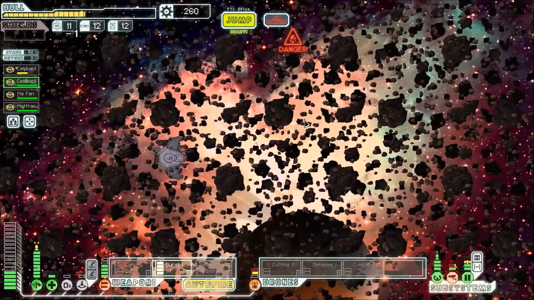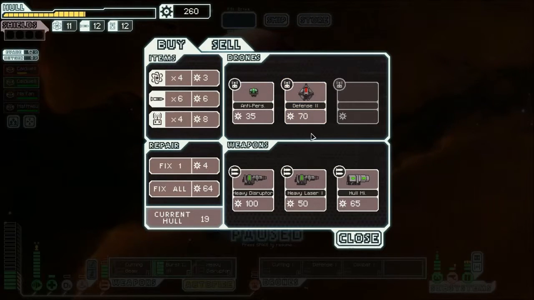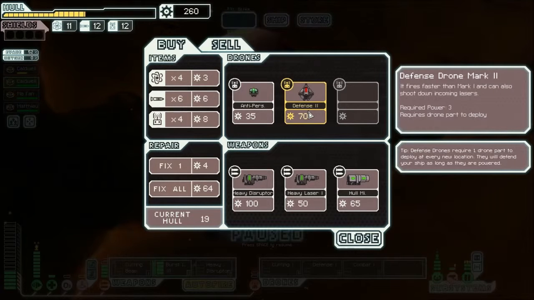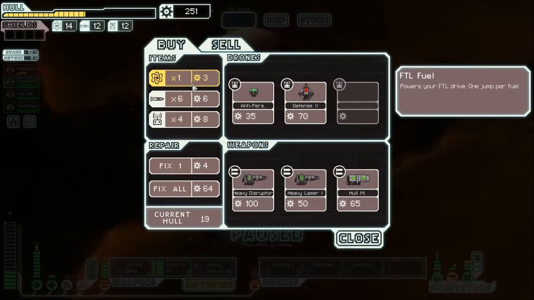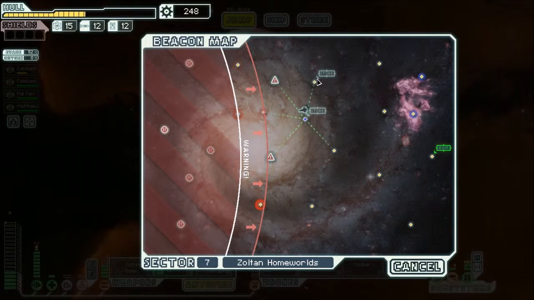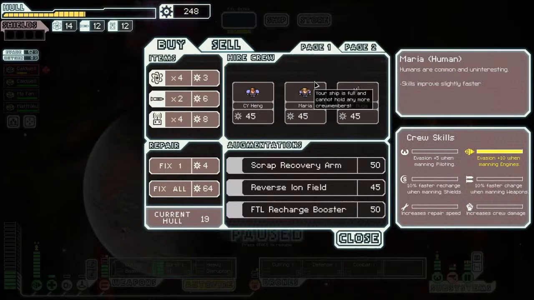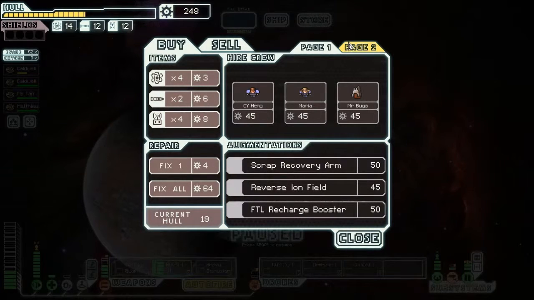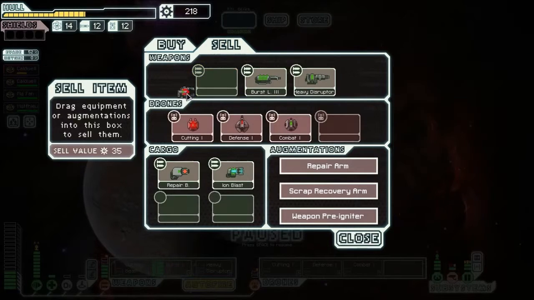There are 2 stores. I could decide on what I want to spend stuff on here. Like a defense drone Mark II. They don't have anything really special. I'm just going to buy a little bit more fuel, and jump to this store real fast and hope they have something better. Scrap recovery arm, ion field, FTL charger, crew members that I don't want, and an ion blaster, which is actually something I do want. So I am going to buy the ion blaster, sell this cutting beam,